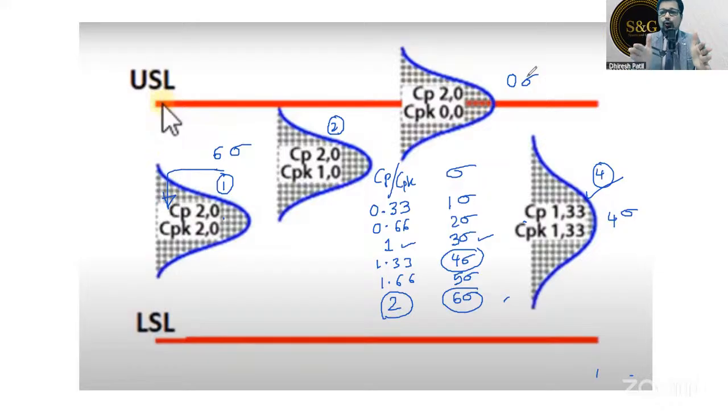When your child goes for an examination, 100 marks is the CP, and your child scores 80 out of it, so 80 is the CPK. Correct? So 100 is the CP. 100 your child can score, but actually CPK is 80 marks. So our target is to bring that 80 to 100. Same like this, CP is the potential and CPK is my current process capability, right? So my target is,